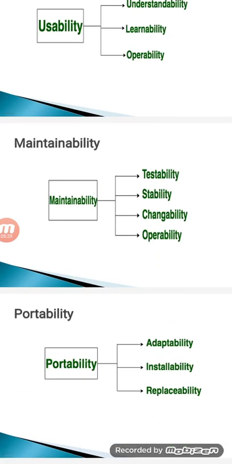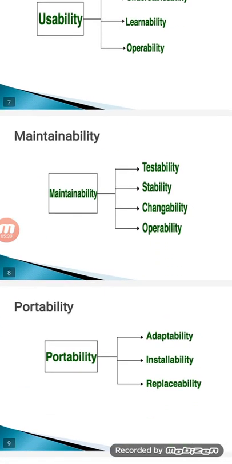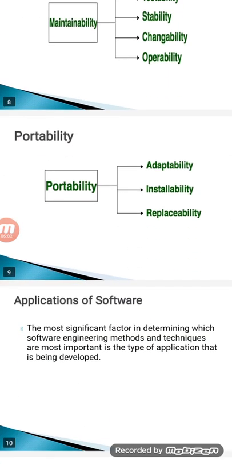Next characteristic is portability. When you talk about portability, it is a set of attributes that bear on the ability of the software to be transferred from one environment to another with no or minimum changes. Maybe better, there cannot be any change, but at least to some extent if changes are needed, we can go for minimum changes. So the required functions for portability are adaptability, installability and replaceability. So these are all the characteristics of the software.